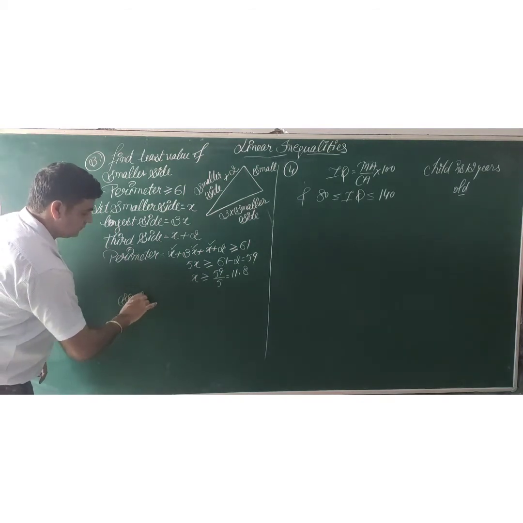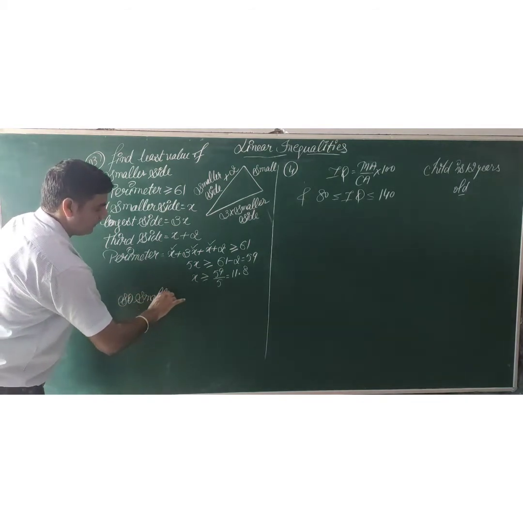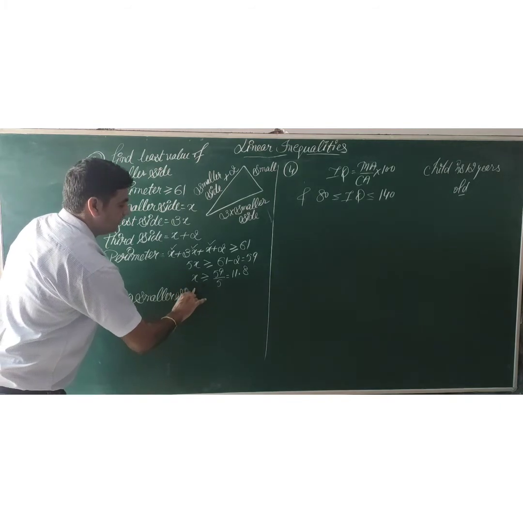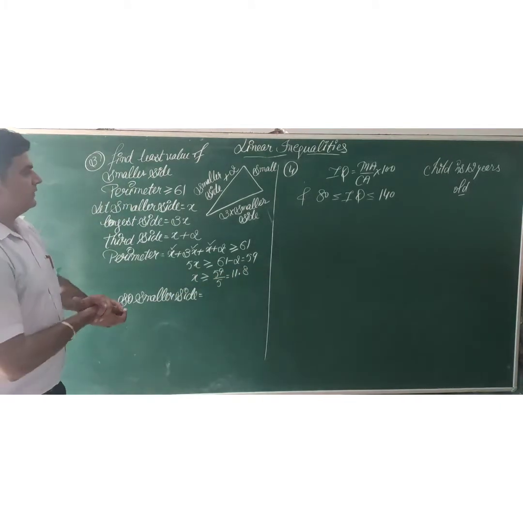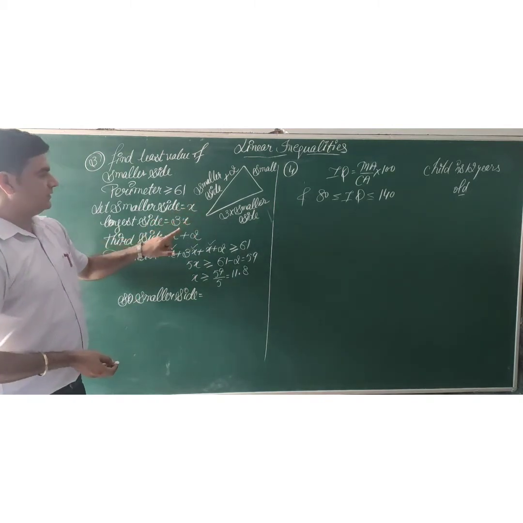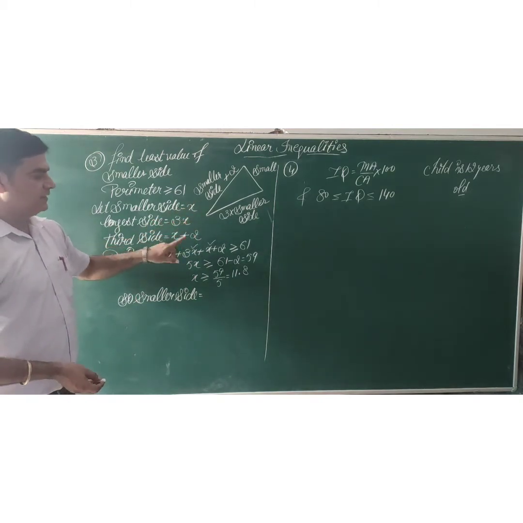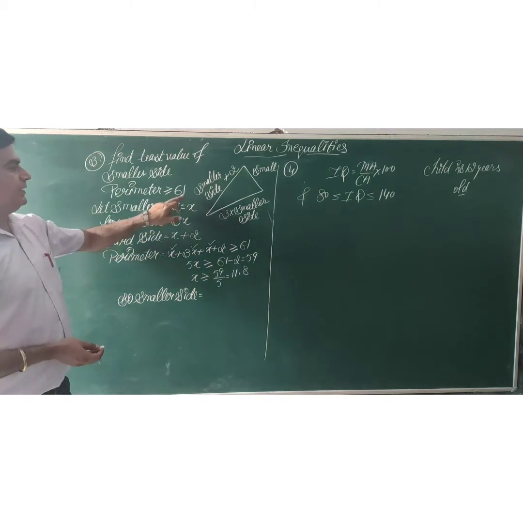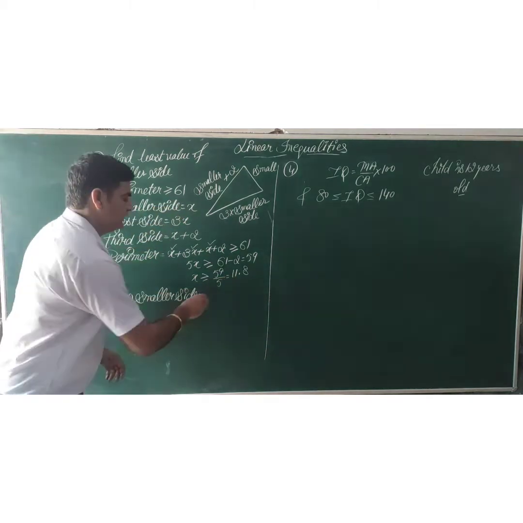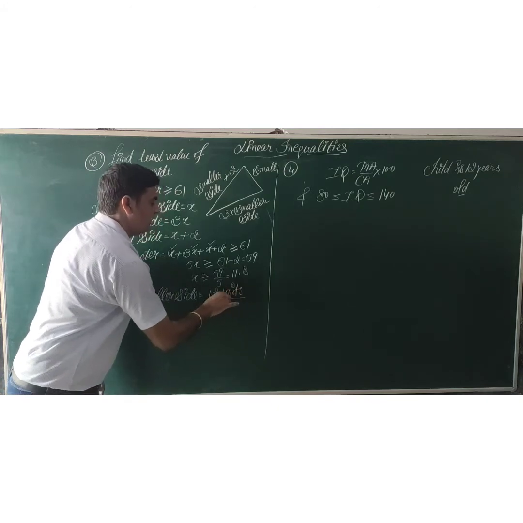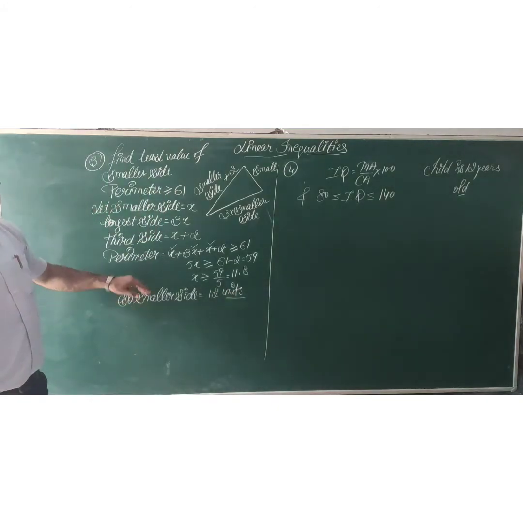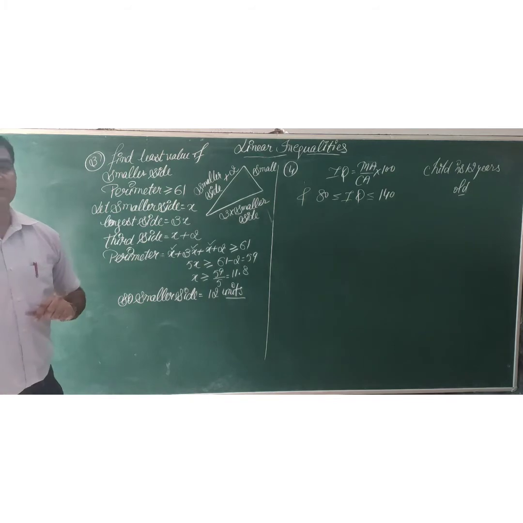So the smaller side, if you see here, if you take it as 11.8, the sides become 11.8 and triple of 11.8 this way. If we add them, it should be equal to 16. So we are taking more than this one, that is given by 12 units. This is the length of the smaller side of the triangle in which the perimeter is at least 61.